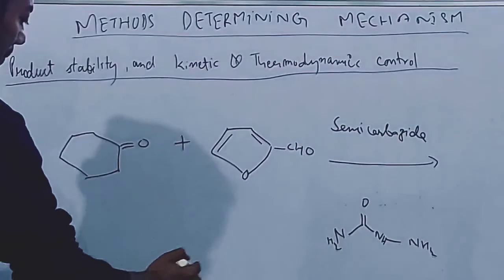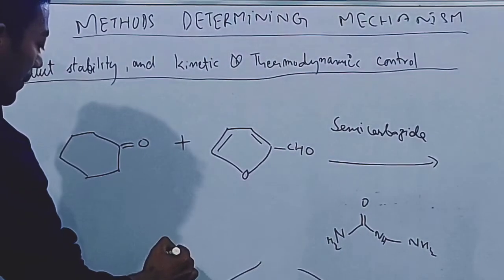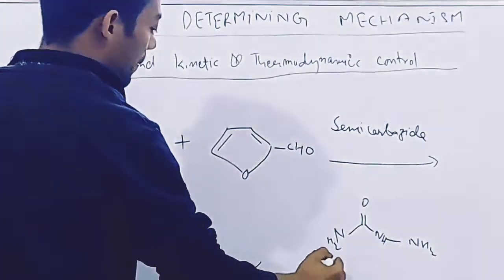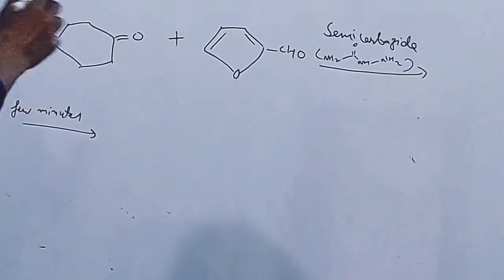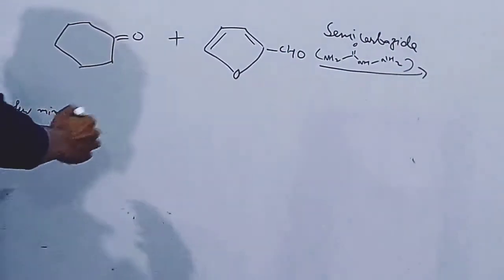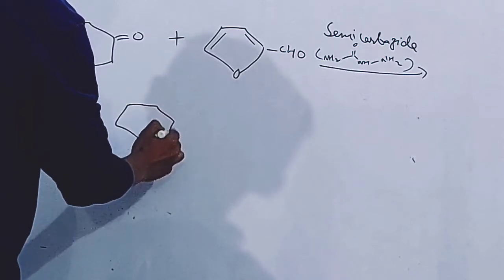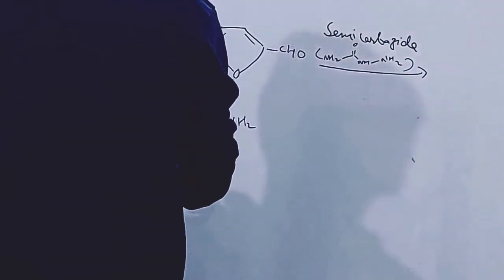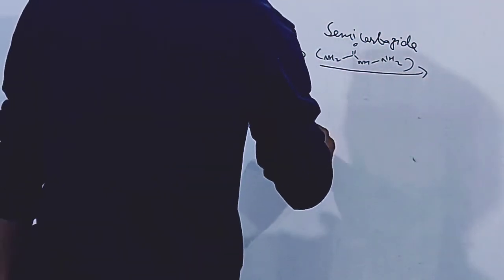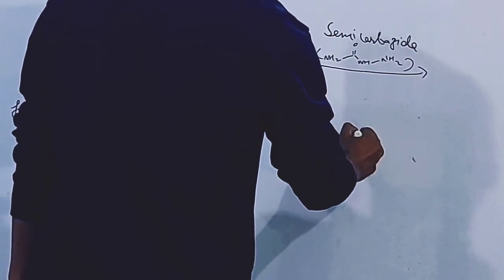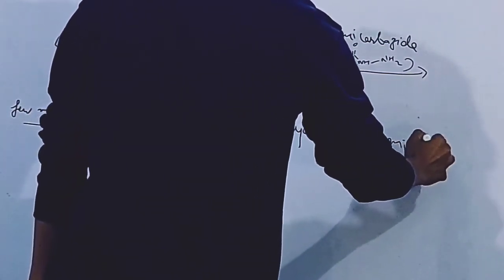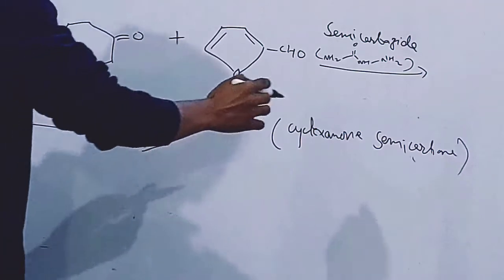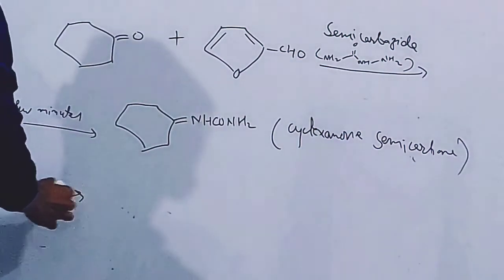So in a few minutes and within a few hours. In this reaction, within a few minutes, the reaction product will be, and this is called cyclohexanone semicarbazone. So in a few minutes, cyclohexanone semicarbazone will be formed. But if we let this reaction run for a few hours,